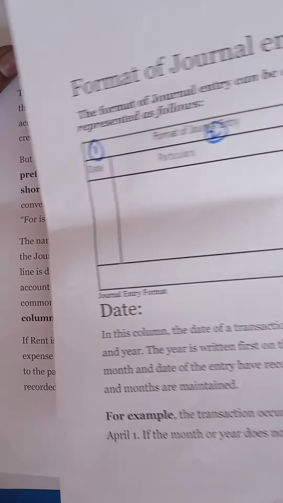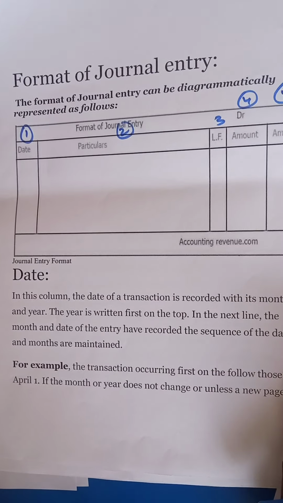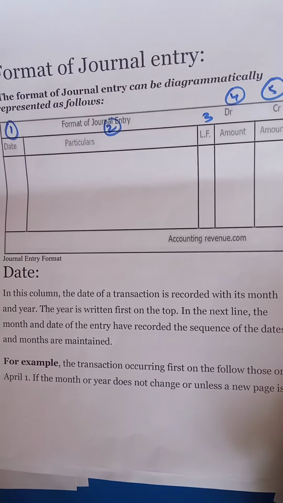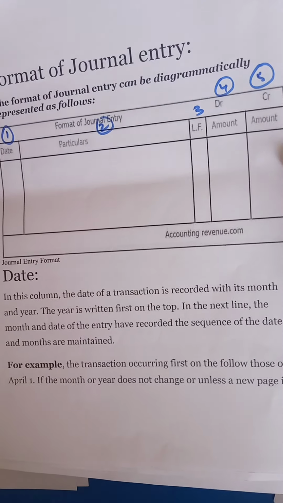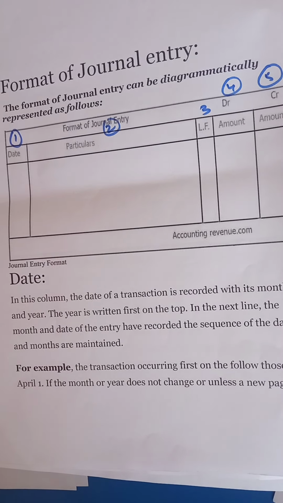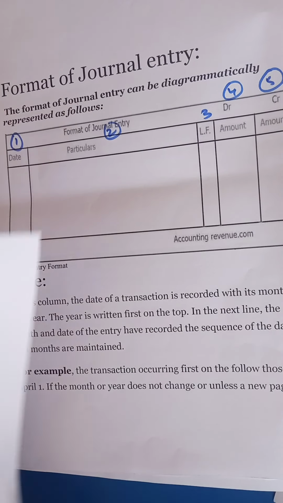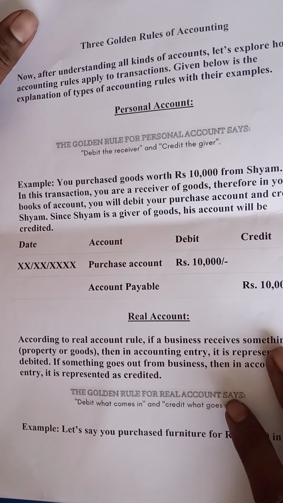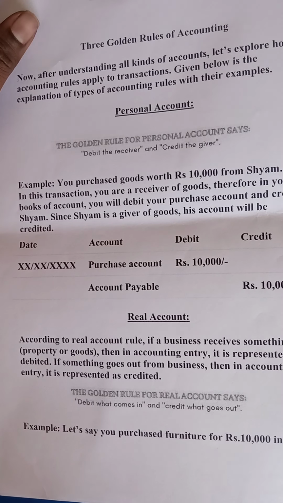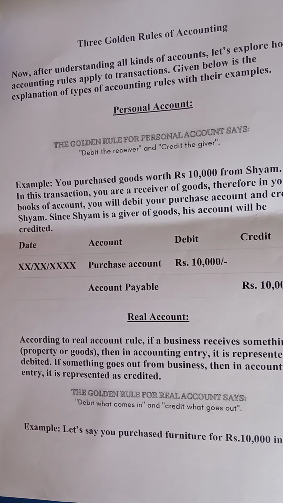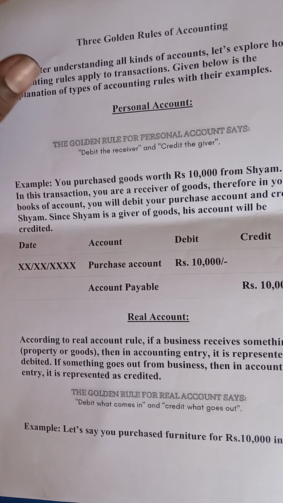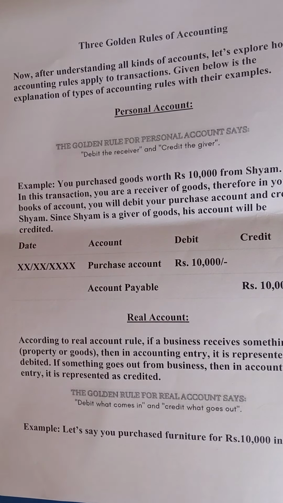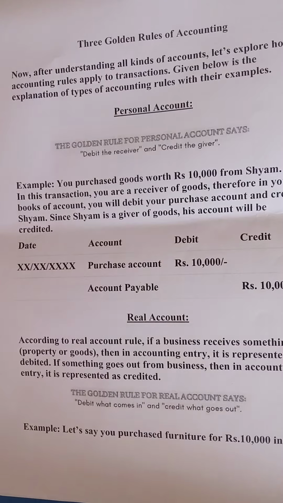So how do we write these journal entries? Which account has to be debited and which account has to be credited? To know that, first of all we have to know the classification of accounts, because while writing journal entries we have to understand it. The accounts are classified in 3 categories. I'll explain in a simple way.